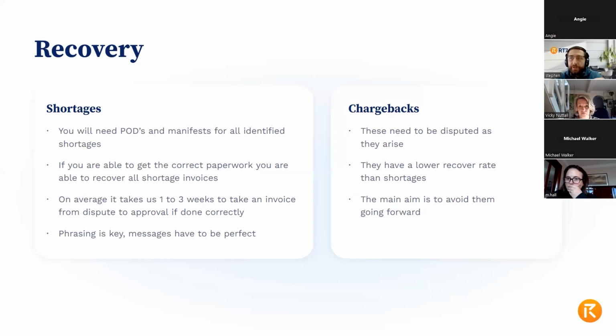Chargebacks, as I mentioned, have a lower recovery rate, and this is why prevention is more important. It's more about preventing being billed this in the future than it is about trying to get it back. If you're outside of a PO window, you're not going to be able to dispute that. You can dispute it, but you'll have a low success rate because you are outside of that window. Amazon doesn't really care about the excuse. There are times where you will get lucky and have some success. So if you've got the time to go through and do that, there's no real harm in disputing every charge as it comes through. As I say, it's more of a prevention piece there.